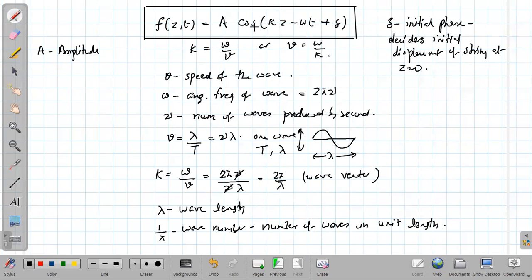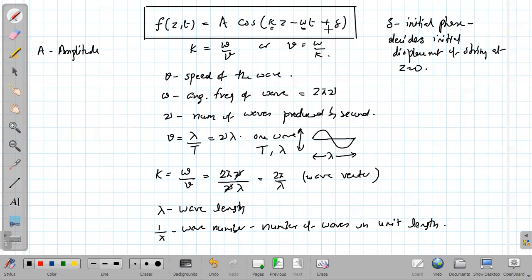Now from this expression we say that this is a wave propagating in positive z direction because it is a function of kz minus omega t form. So it shows that it is propagating in positive z direction. And just looking at this, we can find the speed of the wave. The speed of the wave would be the ratio between the term which comes with t and the term which comes with z. So the speed of the wave is simply equal to omega by k, and that is also the same as nu into lambda.